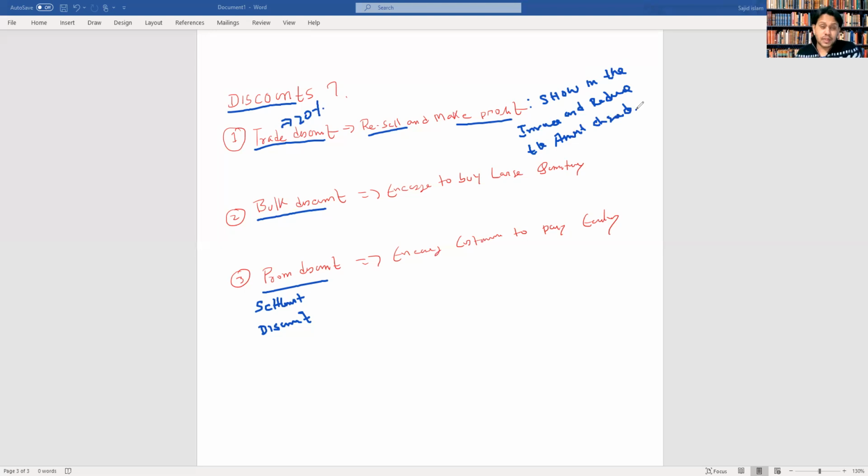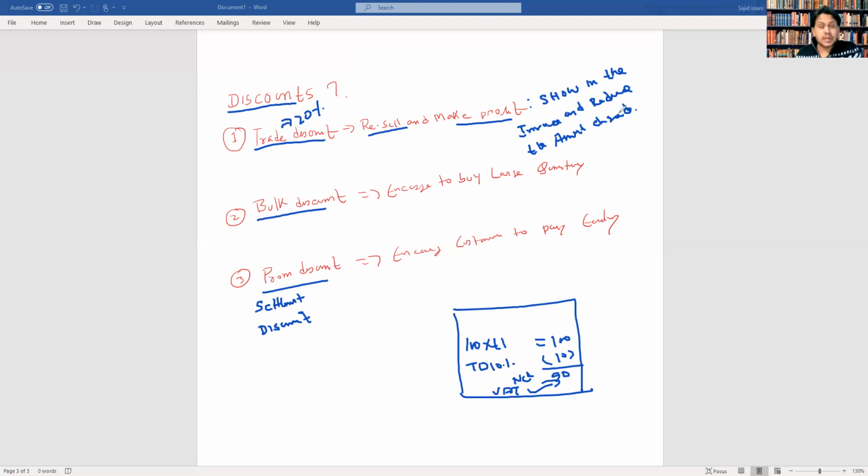So the discount we always give on the net amount. For example, on the invoice, let's say 100 bottles of Coke, £1 each, that is £100. And we say trade discount 10%, and let's say 10. So the net amount after discount is 90. And the VAT is going to be charged on 90, not 100. So trade discount is basically given to make the profit for the customer by reselling it, and also it's